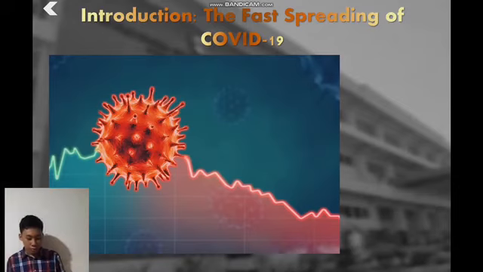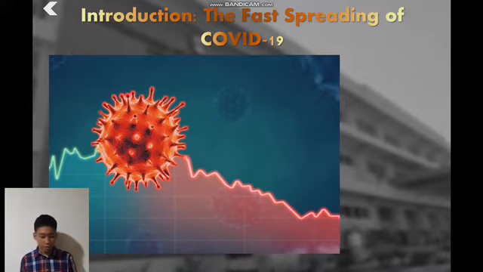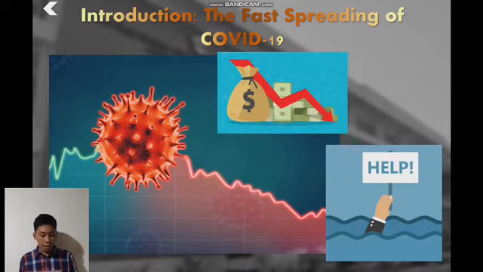The fast spreading of COVID-19. COVID-19 is not only a global pandemic or health crisis, it has also severely affected the global economy and financial markets. There is widespread agreement among economists that it will have severe negative impacts on the global economy. Some businesses have encountered bankruptcy, and education system changes made our students, teachers, and schools get even more behind